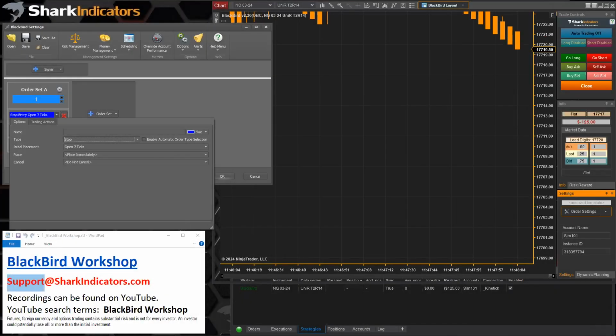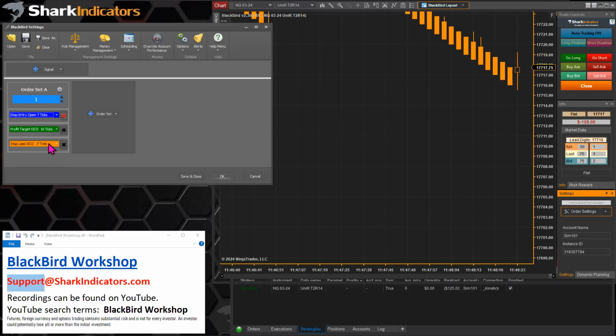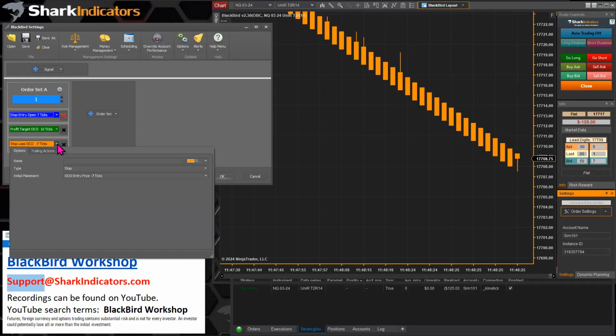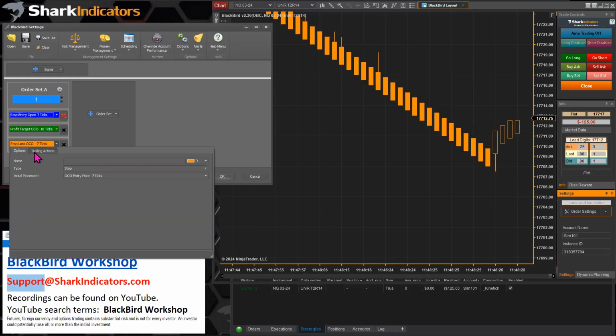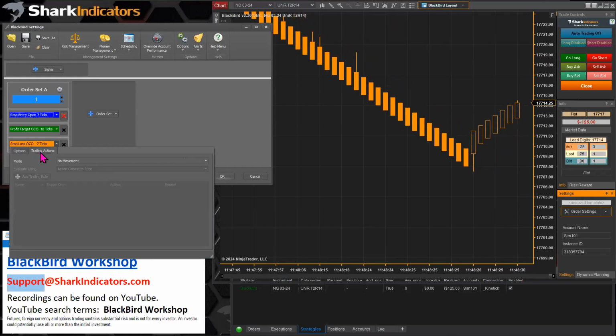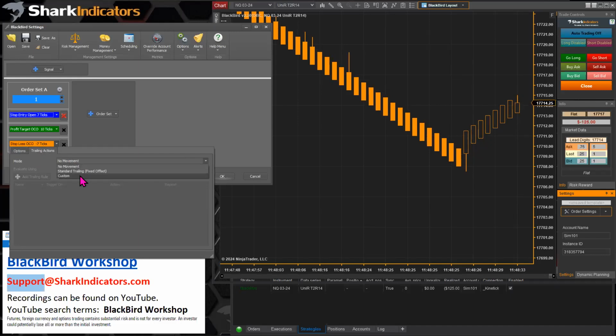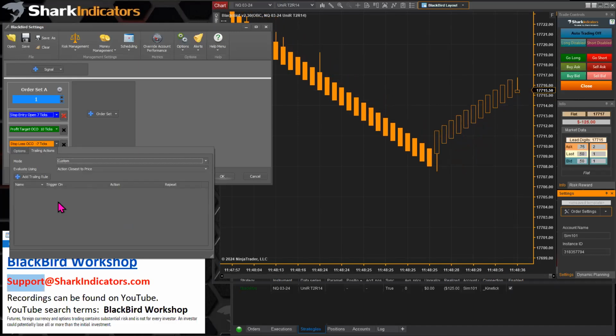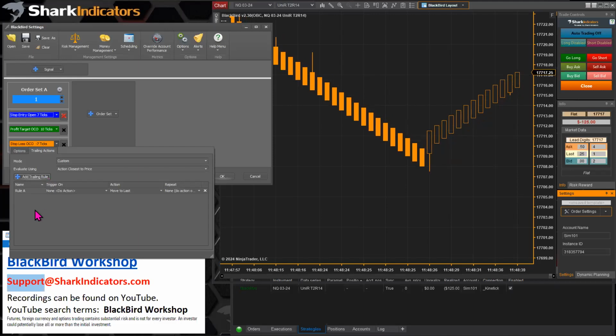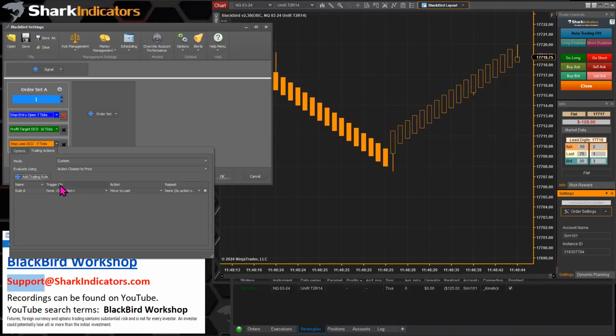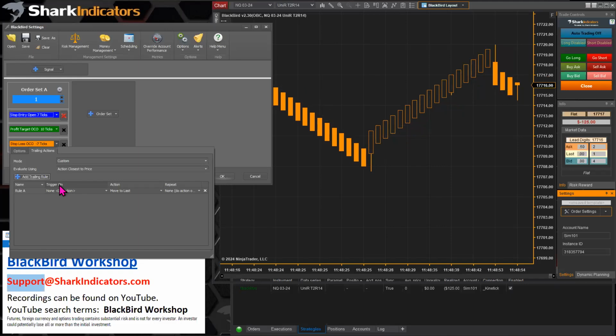All right, so how would you tighten up your stop loss based on distance or number of bars that have closed? Let's go into the stop loss, and in the stop loss, let's go into the trailing actions. Again, we're going to enable the trailing actions and add a trailing rule. So counting the number of bars that have closed, or checking a distance that the market has moved, those are